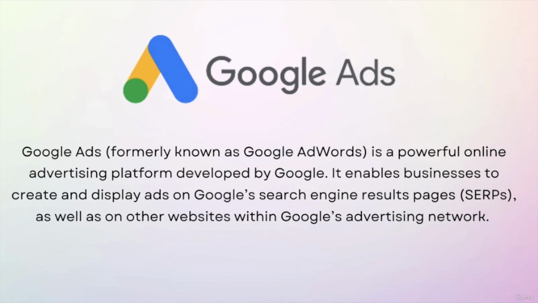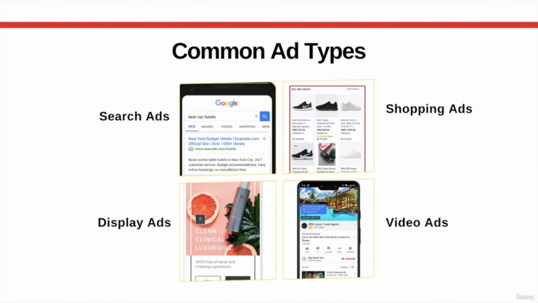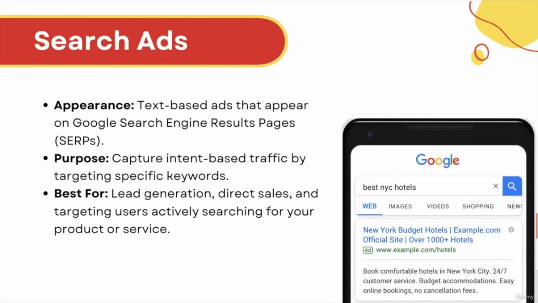Let us look at the most common ad types that are there. These are search ads, display ads, shopping ads, and video ads. Search ads are the most common types of ads. They are text-based ads that appear on Google's search engine results page. They are used to capture intent-based traffic by targeting specific keywords. They are best used for the purpose of lead generation, direct sales, and for targeting users actively searching for your